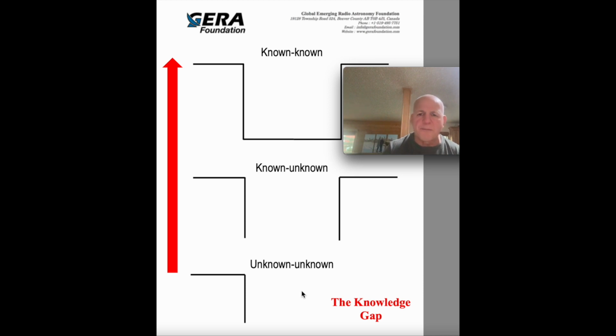For example, the discovery of pulsars would have sat down here initially because it was a complete unknown. No one expected to find it, and it was discovered by Jocelyn Bell. And then eventually Hewish came along and explained what it is. That was her supervisor, and he was given the Nobel Prize. She did not share in the Nobel Prize.